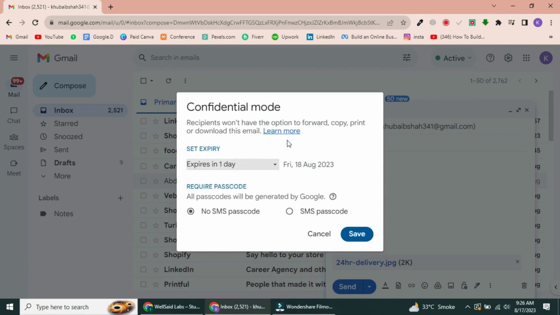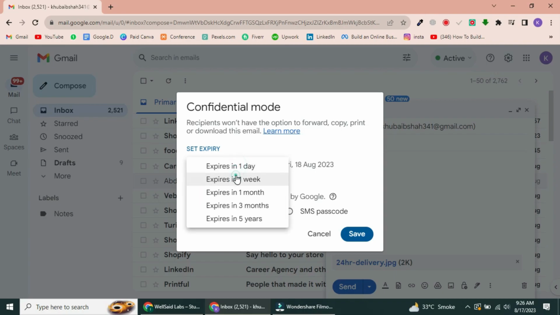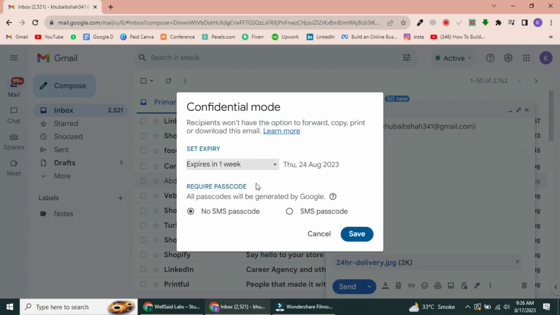So I'll select 1 day for this example, so that would be August 24th. And you can require a passcode, or passcodes will be generated by Google, so you can put in an SMS passcode on that email, and then you can click on save or just select no password if you don't want a password. But to make it even more secure, I recommend setting an SMS passcode, then just click on save, and now